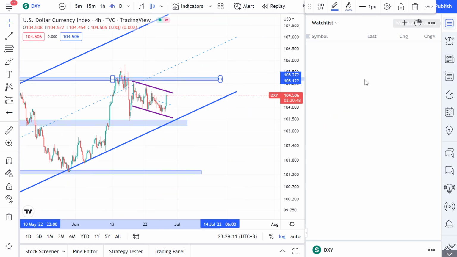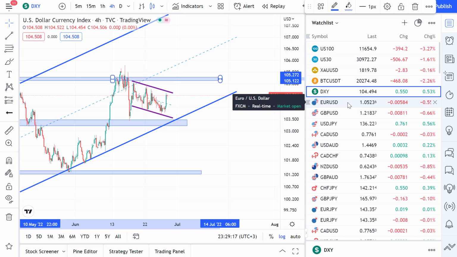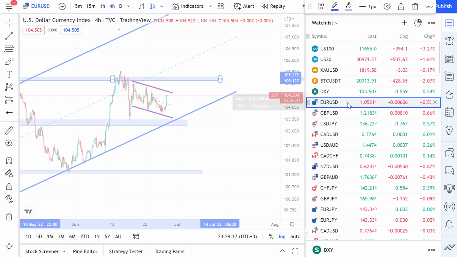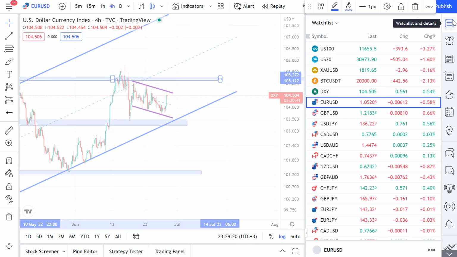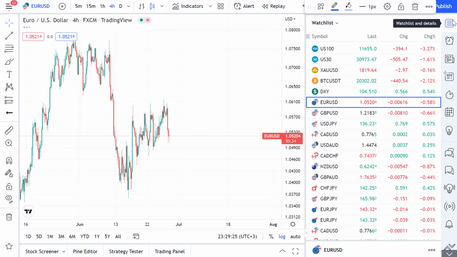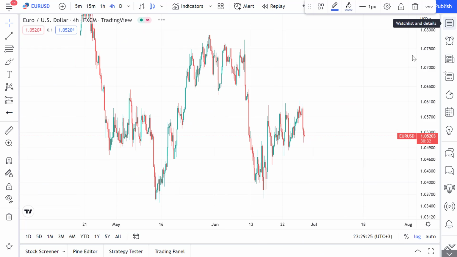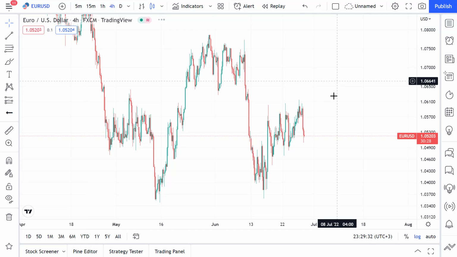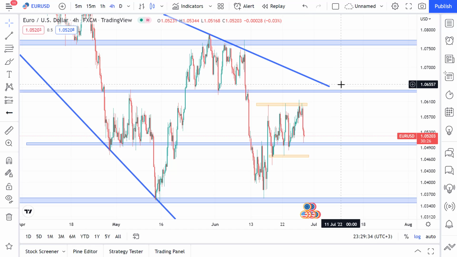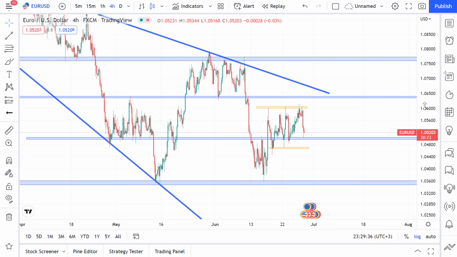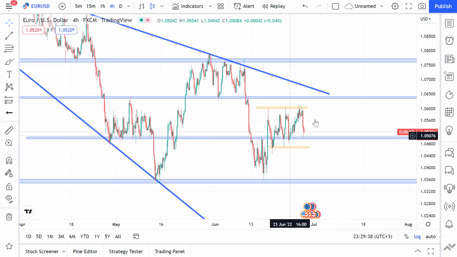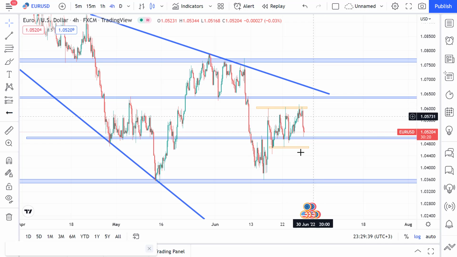Then for euro dollar and pound dollar, we had the things I told you about. Just I tell you about my expectation and the things which might happen. All right, for euro dollar, I told you that the price is moving between these two zones,